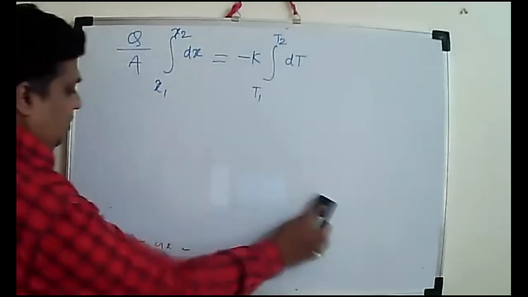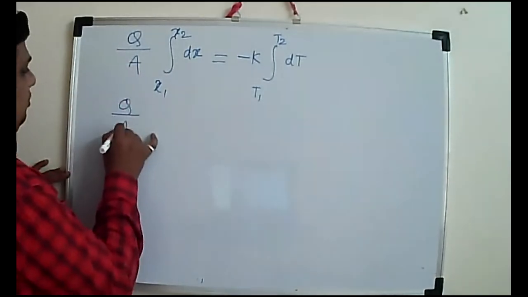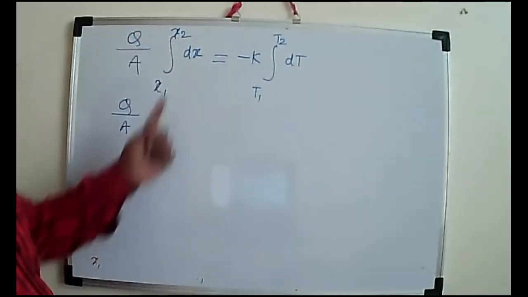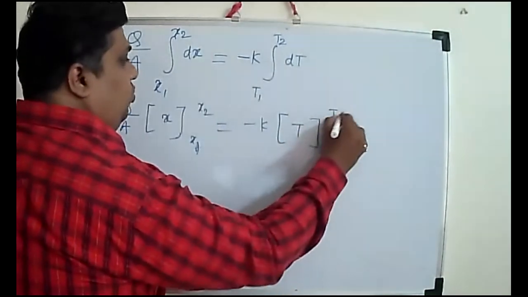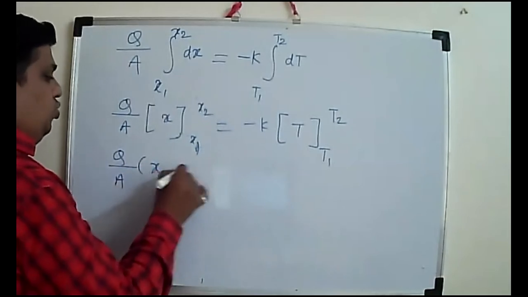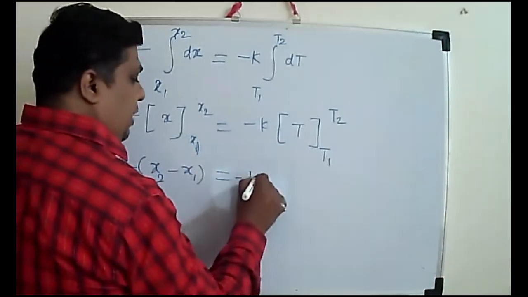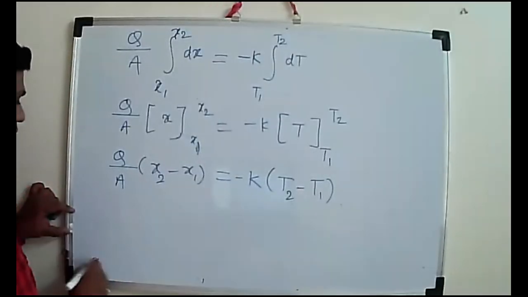So next step I am directly taking the integration. इसका इंटीग्रेशन क्या आएगा? X. Correct. X1 to, 0 to L, sir. Minus k, T1 to T2. If you apply limits, Q by A, x2 minus x1, equals minus k, T2 minus T1. Now